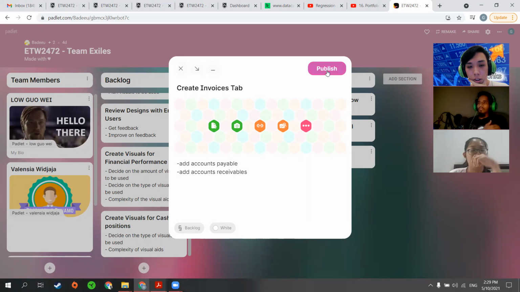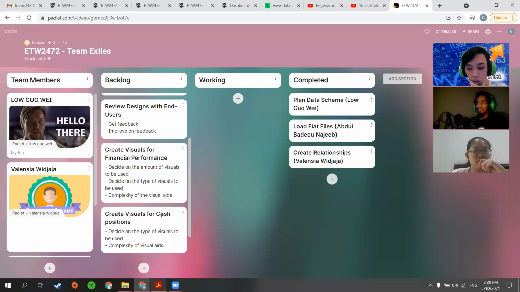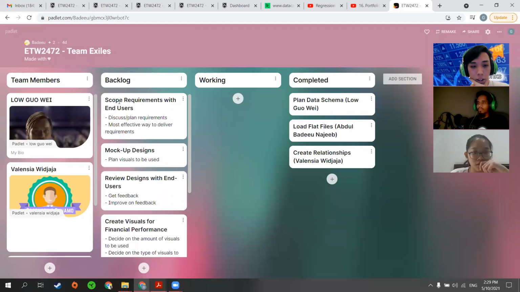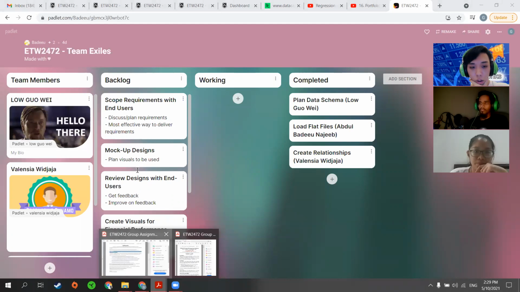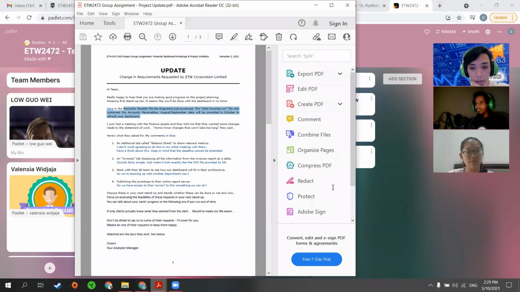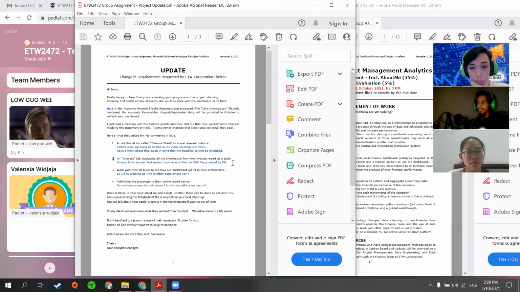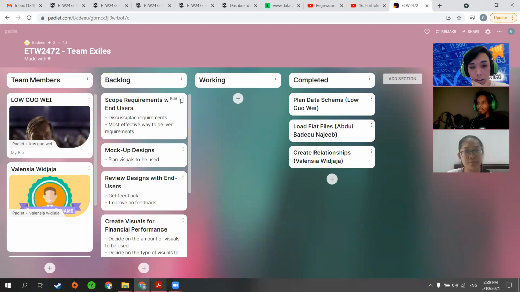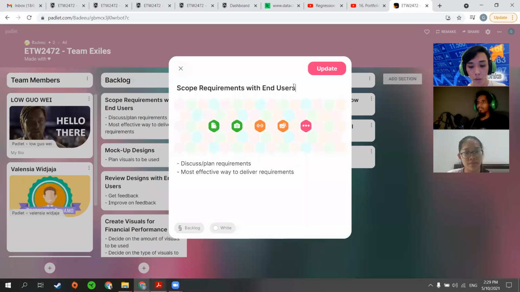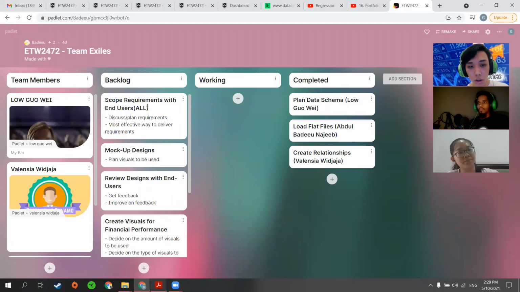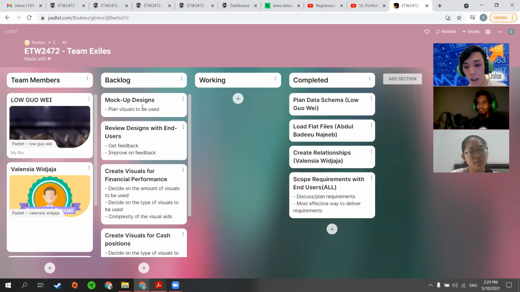Okay, for this, we have discussed the scope requirement, confirming that we will only do number 2 and what is within our scope, and add an additional 2 to our scope. So can we say this is done? Yep. So, mockup. Now we have done all this, so we will move on to the assignment of cards.